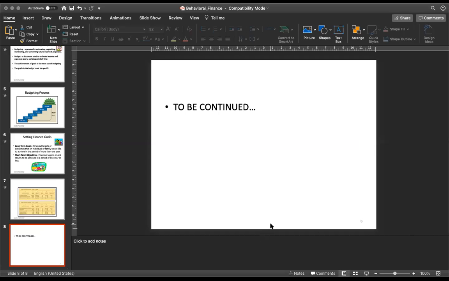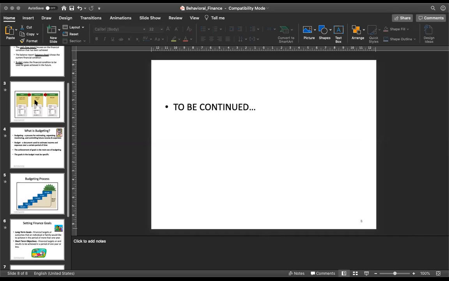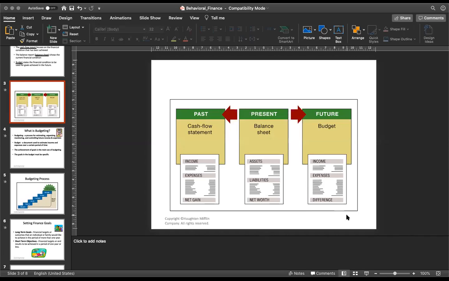So as I have explained to you before, we don't have to think really big that we need budgeting for our company, or if we work for a company, then we have to do the budgeting for the financial department. No, you even need budgeting for personal reasons. Just begin with this concept, right? For the past, present, and the future. For the future, then you need budgeting.